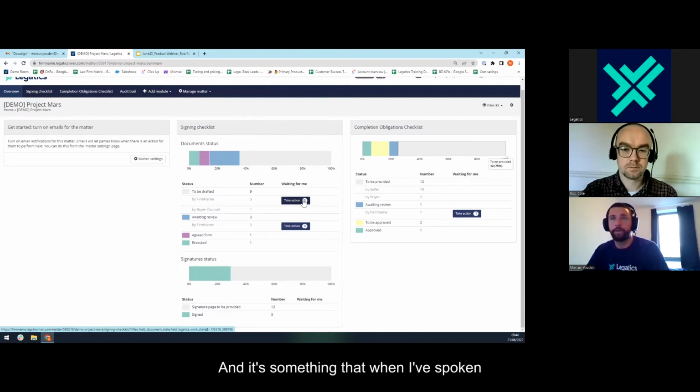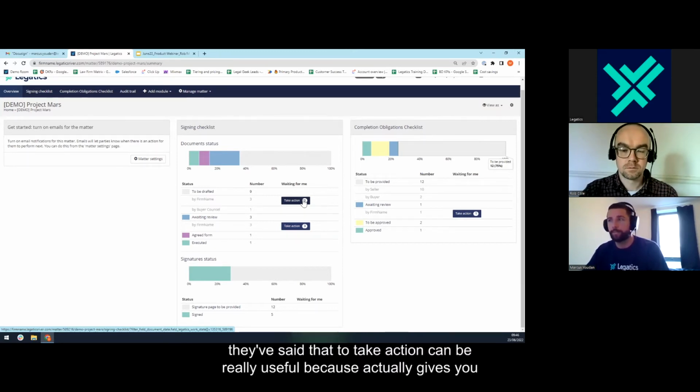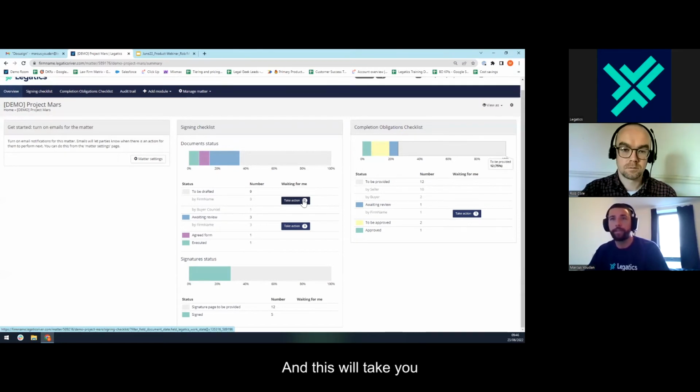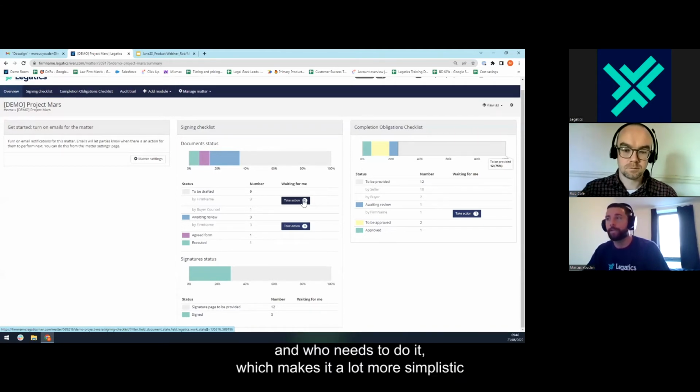And it's something that when I've spoken to clients about Legatics who have used it on counterparties and then decided to proceed with us, they've said that the take action button can be really, really useful because it actually gives you a notification of what you have to do next and what you have to complete next. And this will take you to a filtered version of your list. So you know exactly what you need to do and who needs to do it,